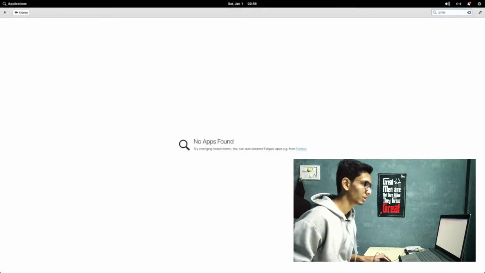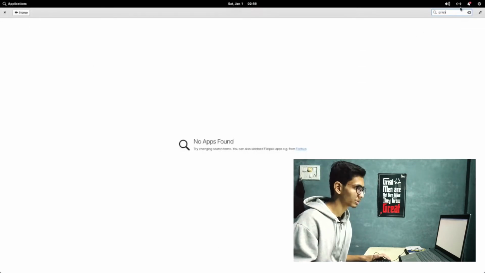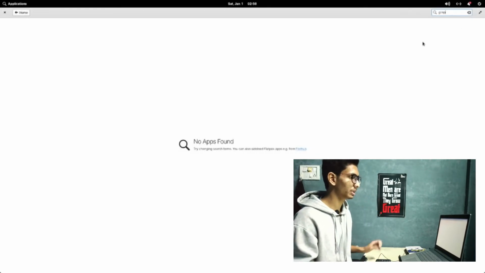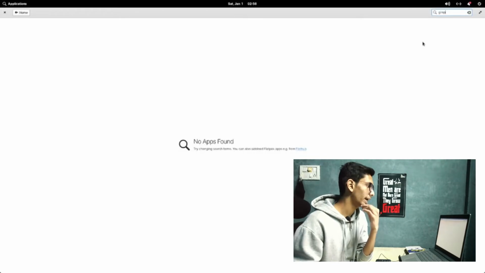I searched again for GIMP and it's not loading, but we don't get any software related. It's actually funny because GIMP is a very popular open source program and it should be present in a software center. I can go ahead and install it as a flatpak.